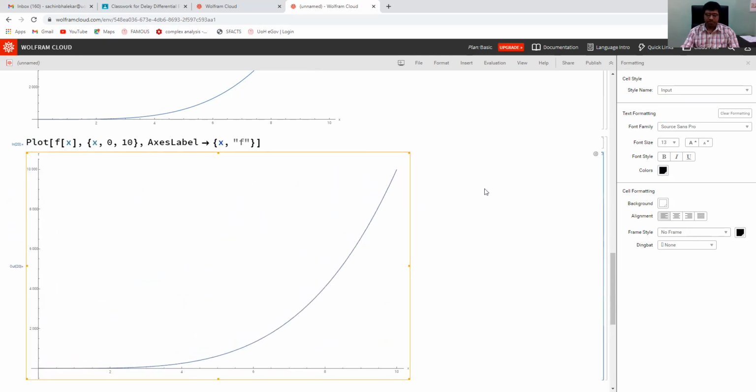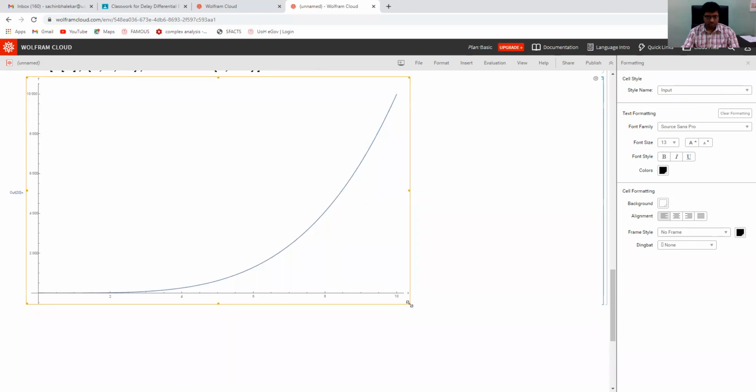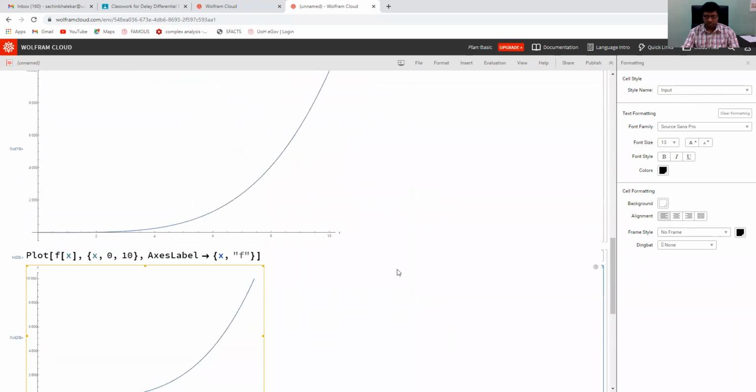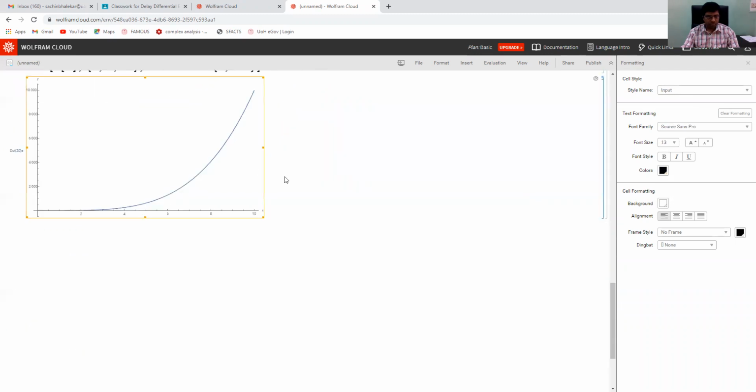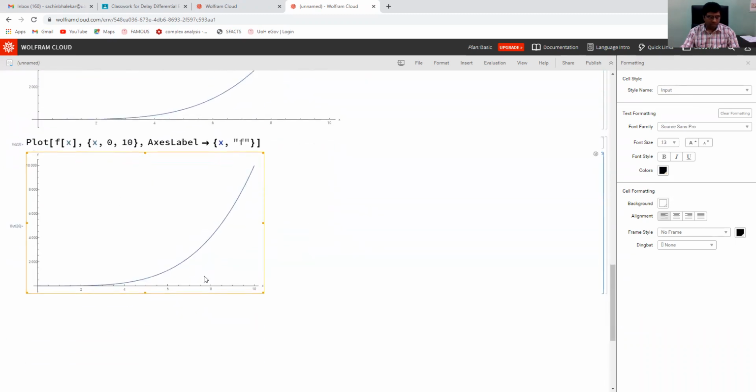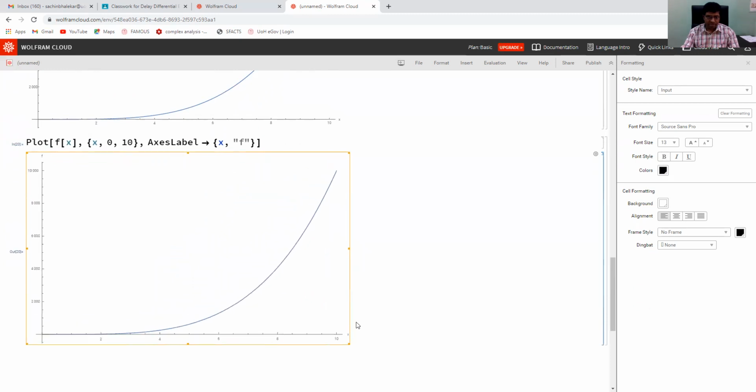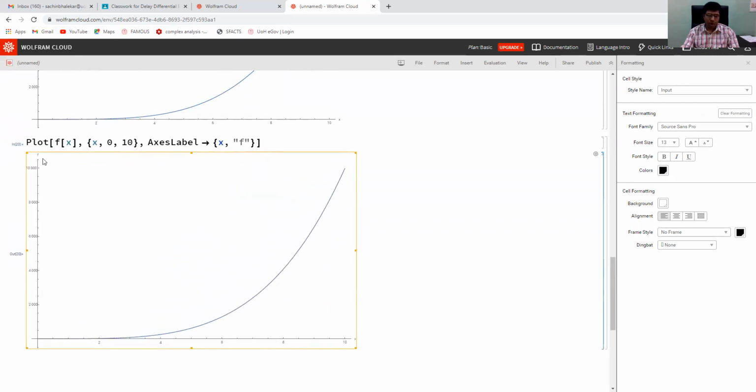The font of the axes labels is small; it can also be increased.